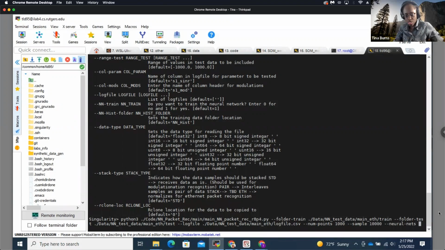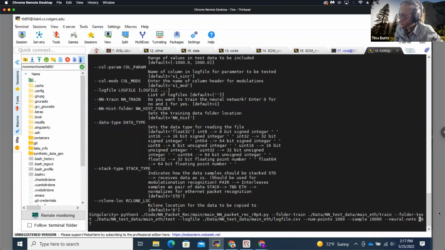So for my neural networks, let's say I want to do the categorical one, and I'm going to change my samples from 10,000 to 1,000 just so we can see it run pretty quickly. All right, so now I have my neural networks. I have the number of samples. Last but not least,